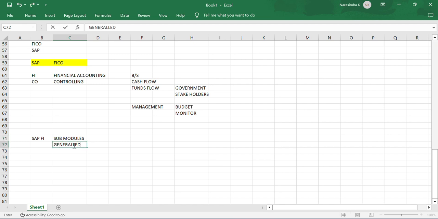General ledger, called as GL, accounts payable,